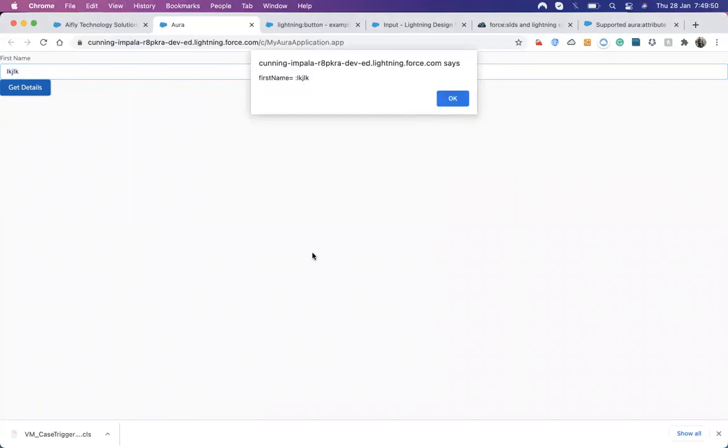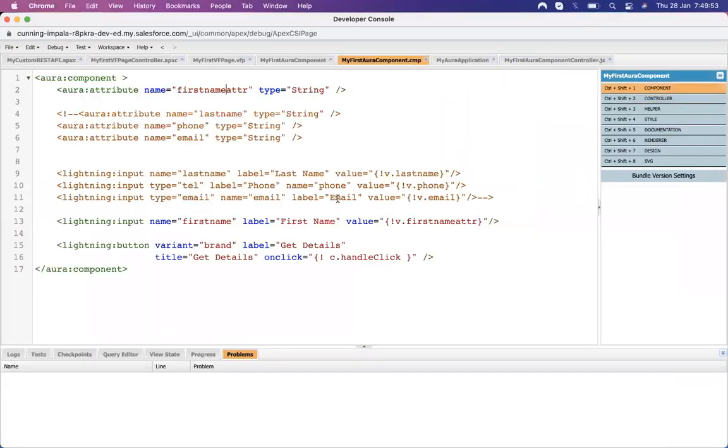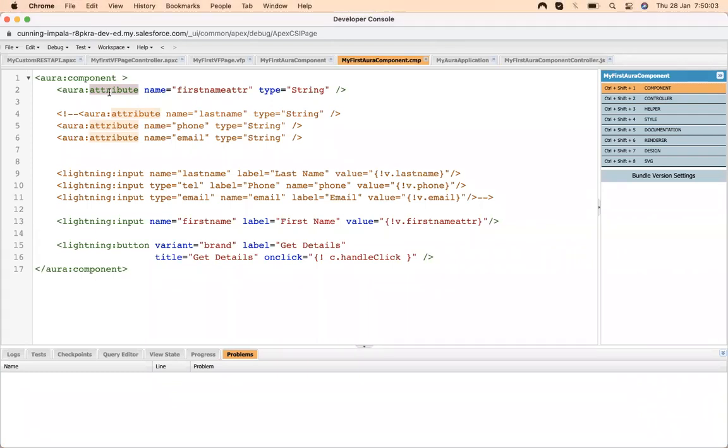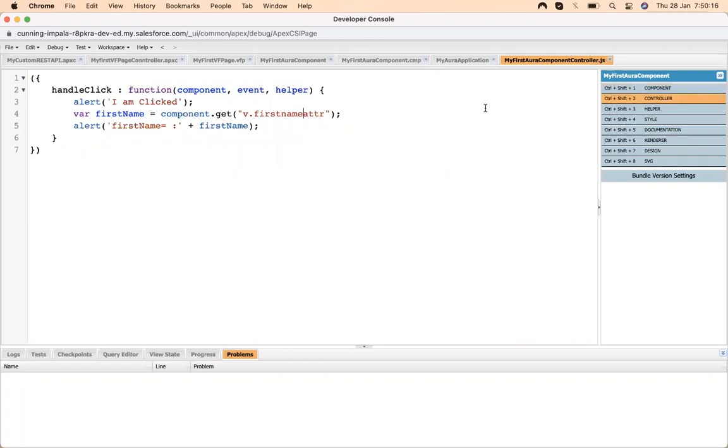And I can get what the value entered is. So an attribute is just for holding the value which comes from the UI. Whatever value I need to hold from the UI, I just declare an attribute, and because it's holding the value, I can use that attribute inside a controller or helper so that I can capture that value. In short, attributes are used to hold the value that we will use to capture in the controller and helper.